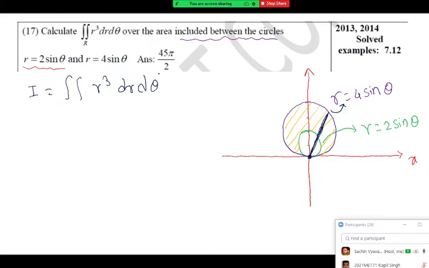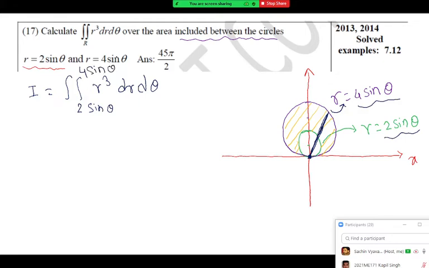You have to see, the inner end means this strip enters the region with this inner circle, right? So the inner circle it is touching, and then the outer circle it is touching. What are the limits of r? It is so obvious here. It is straightforward: 2 sine theta to 4 sine theta. That's the limits of r.